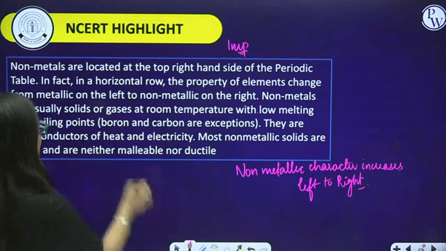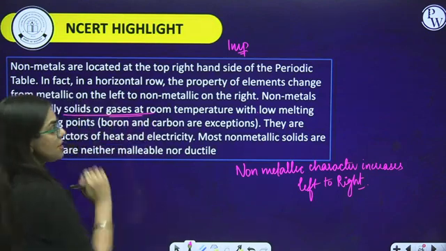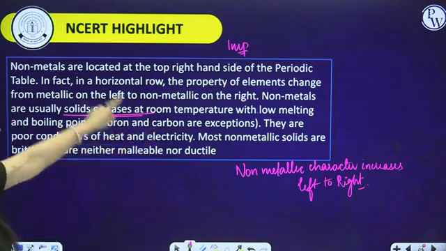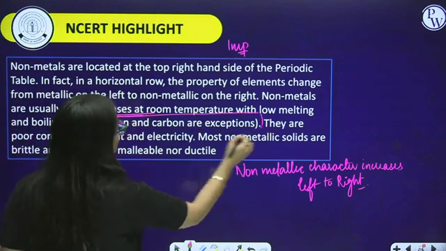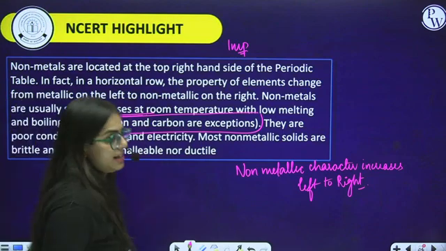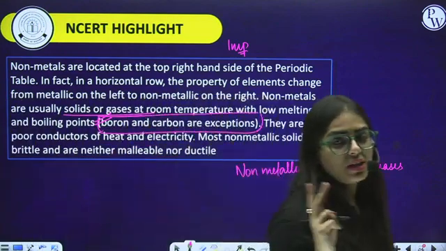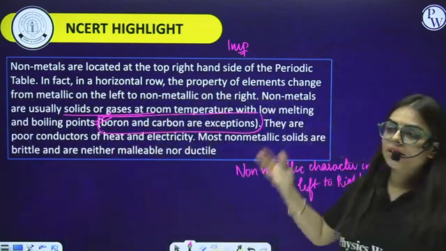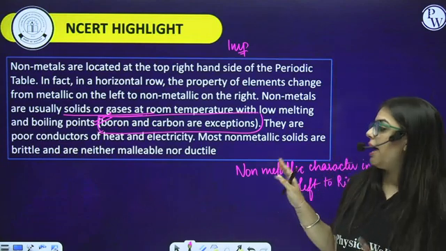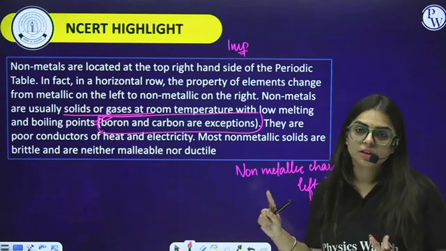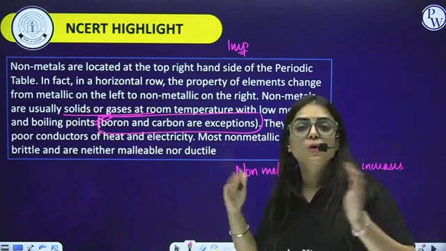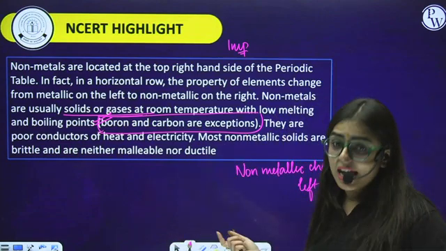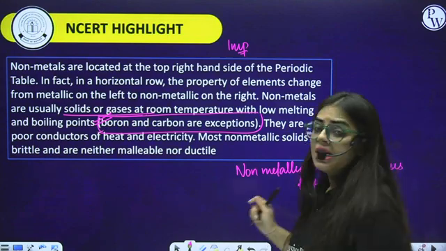Metals are solid, but non-metals are solid or gaseous at room temperature. And they do have low melting and boiling points, but boron and carbon have high melting and boiling points. So this is again an exception. Do remember in the previous case, mercury, gallium, and cesium were 3 exceptions. Mercury was an exception in state, and the melting point case was for gallium and cesium. Over here again, the melting point exception is for boron and carbon, which have high melting and boiling points, though